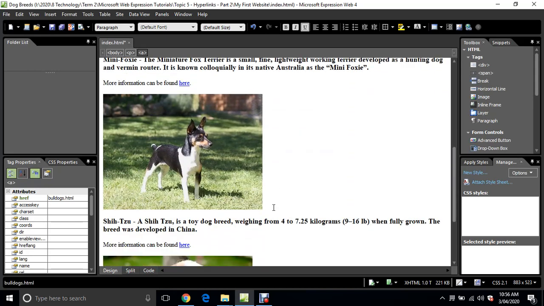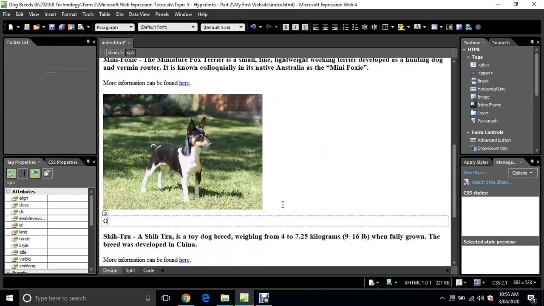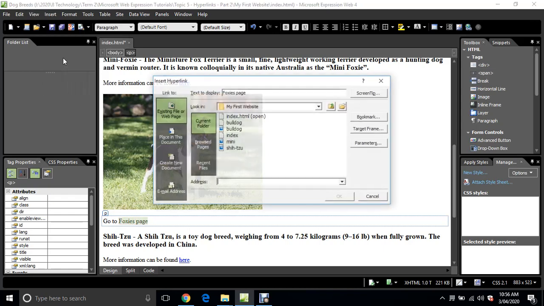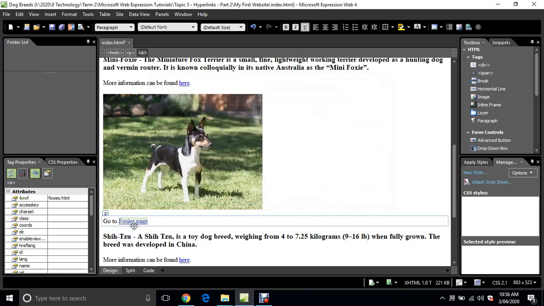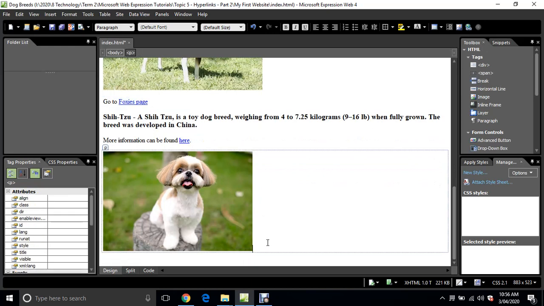And then under Foxies, I'm just going to say go to Foxies page, mouse over the words, insert hyperlink, so it will be foxies.html. Keep it to one word or lowercase when you're writing the name of another page. Click OK, the link comes in, and then finally go to